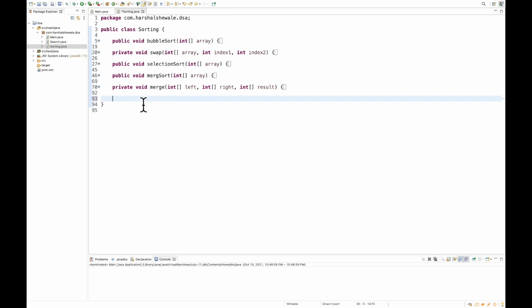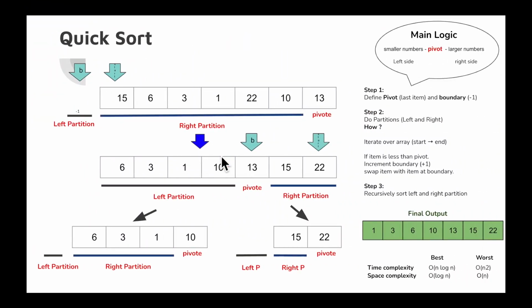Let's create one method now. Public void quicksort. Now, what are the parameters? Obviously, we need an integer array, and with this algorithm we need a few more details: we need the pivot, the right partition, the left partition, or maybe the boundary, right?